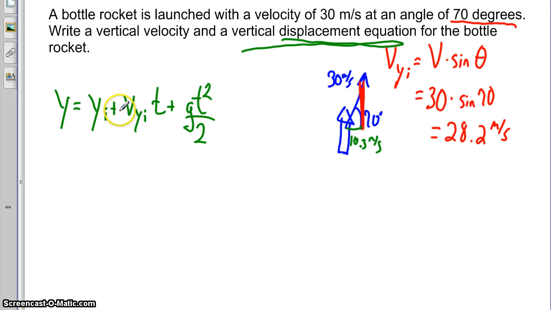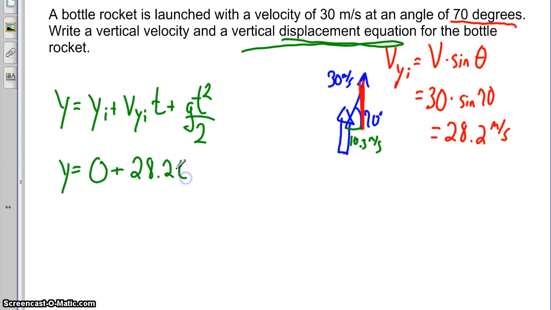yi, the initial height, plus the initial vertical velocity again. It's really important you understand how to get this piece here, because it's going to go there, times t plus gt squared over 2. Now, there is no initial height given here. So anytime this happens, you're just going to put in 0 for the initial height. So 0 plus the initial vertical component velocity is 28.2